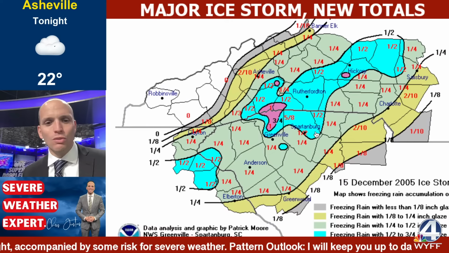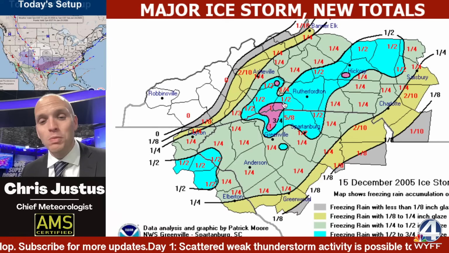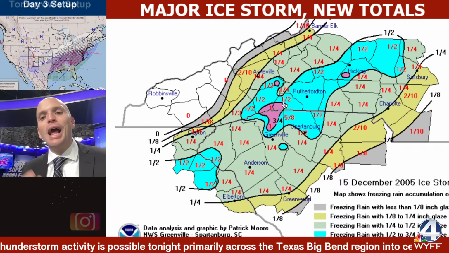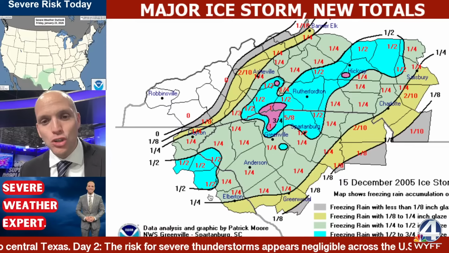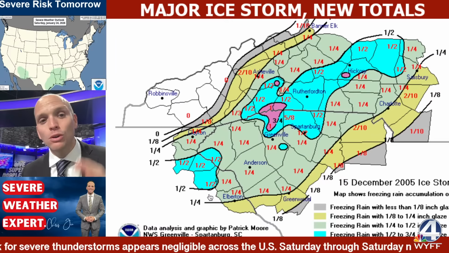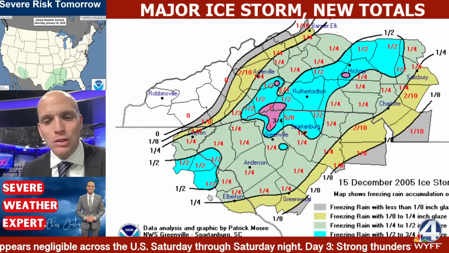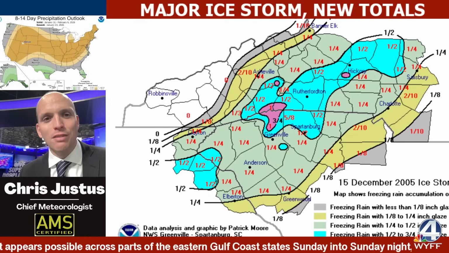They will. And what's different about this is there's going to be sleet. Remember the donut? There's going to be sleet that accumulates, maybe 1 inch, maybe 2 inches of sleet, and then you get the ice on top of it. That's going to be the concern here. Northern Greenville County is going to have 1 inch. If we exceed 1 inch, we will have surpassed 2005's ice storm. And I don't know of a worse ice storm, maybe 2002, but I think this would be one of the highest widespread ice events that we've ever had. Half an inch to an inch across the area was 2005, and these models are showing we could have more than